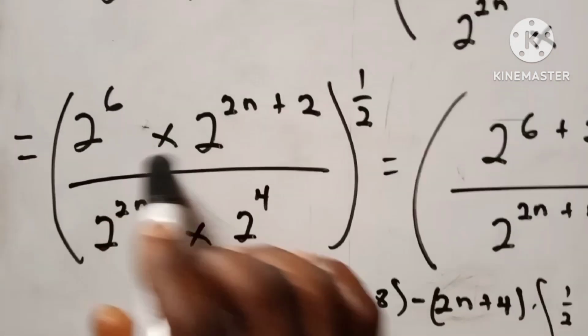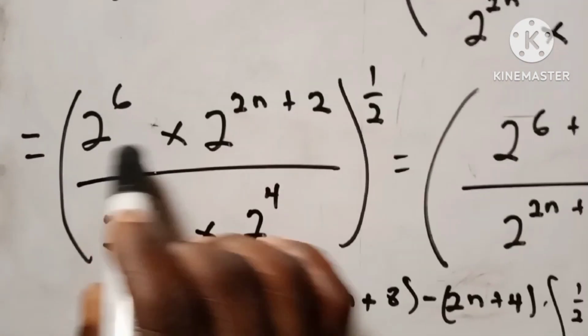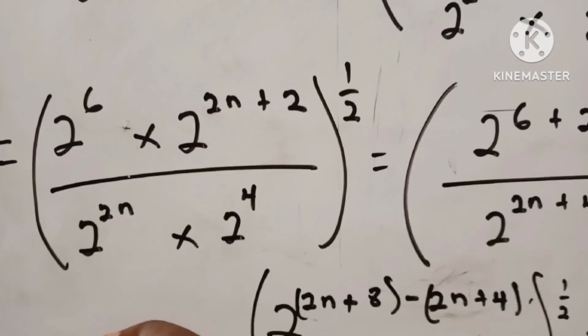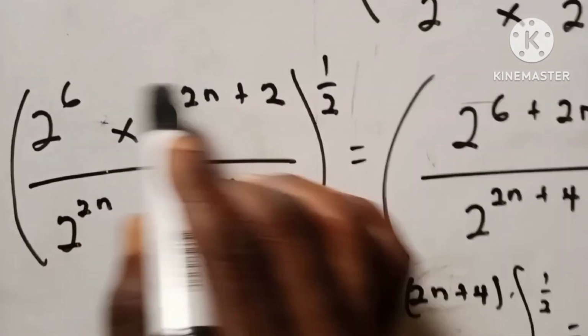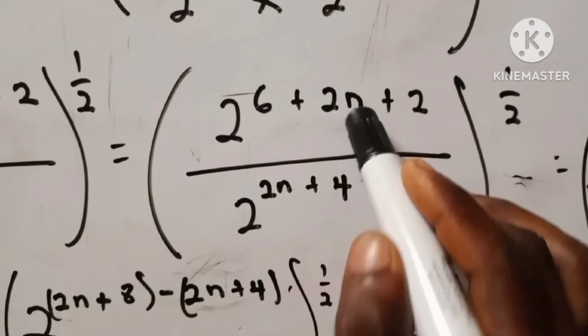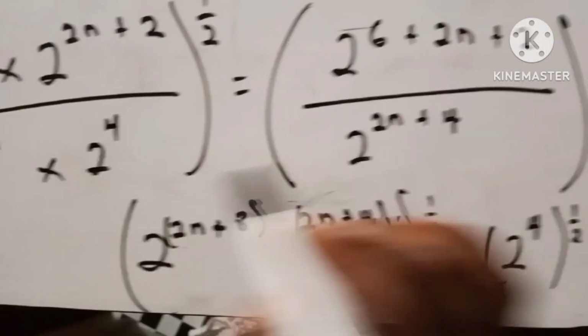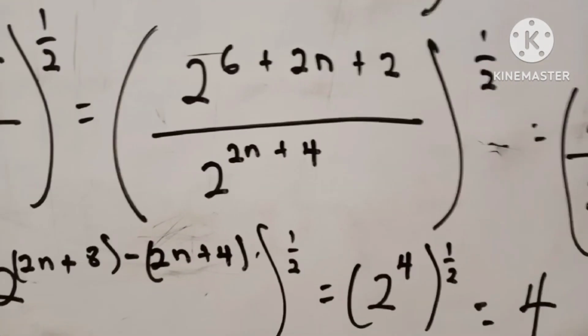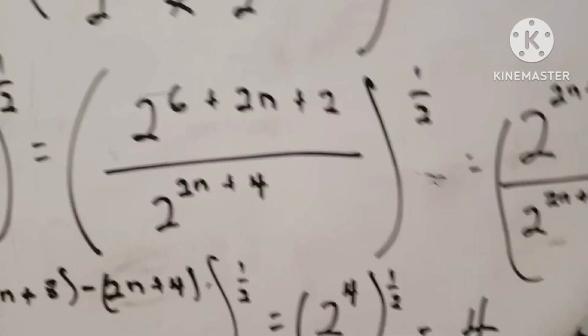So this is where you can apply that law. It says that if you are multiplying and the bases are the same, you can just add the exponents. So let's combine these exponents together by addition, right? So 2 raised to the power 6 plus 2n plus 2, and then down here the same thing, right? So I have the same thing. You see how easy this is, if you know what we are doing and how to apply the law